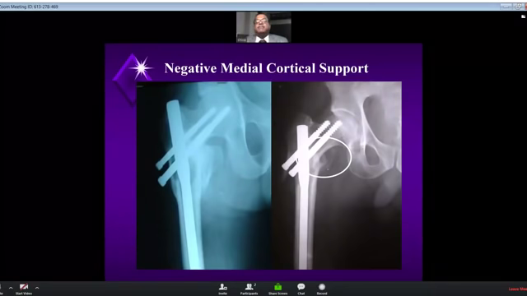Here you can see a negative medial cortical support with the beak going inside, or varus, and you can also see that the neck screws, though they are inferiorly placed, are already in the middle or superior part of the head and neck. That also indicates that there is a varus reduction. So don't call this a stable diamond Eustachian type of osteotomy. This I am repeatedly telling.